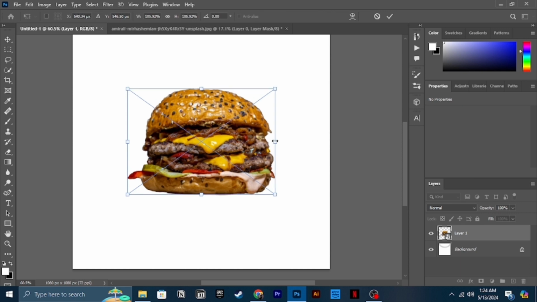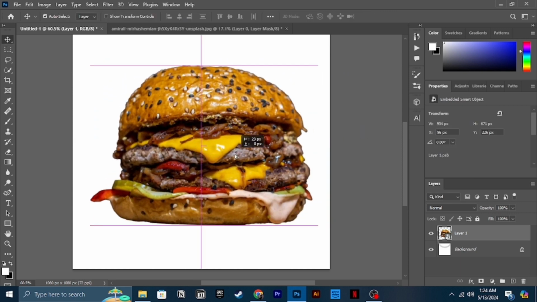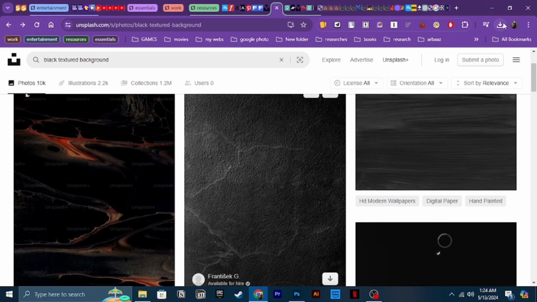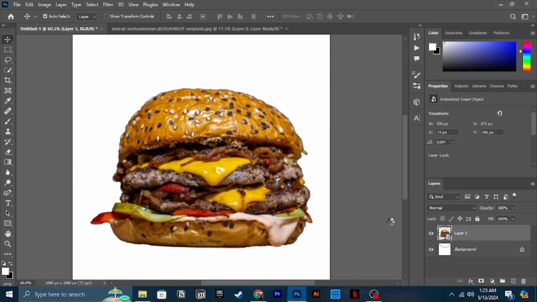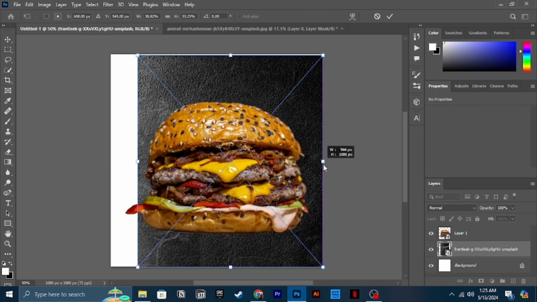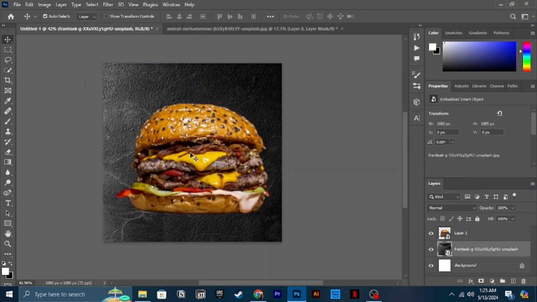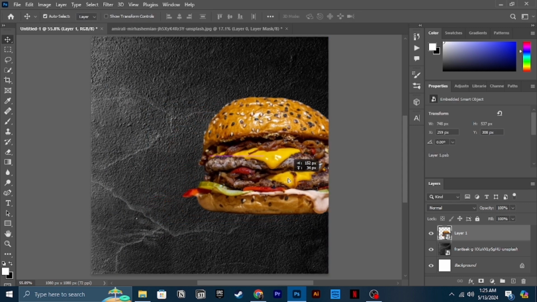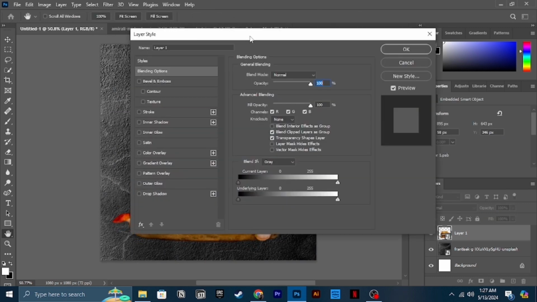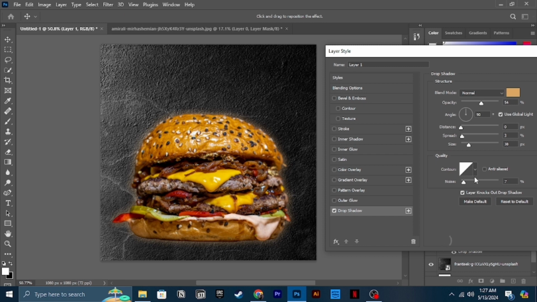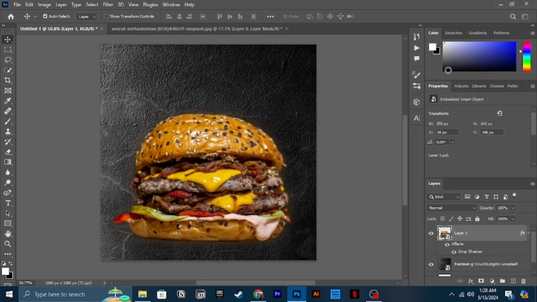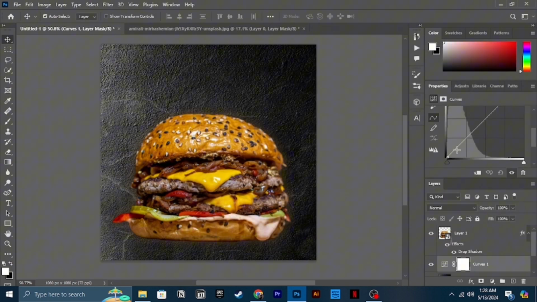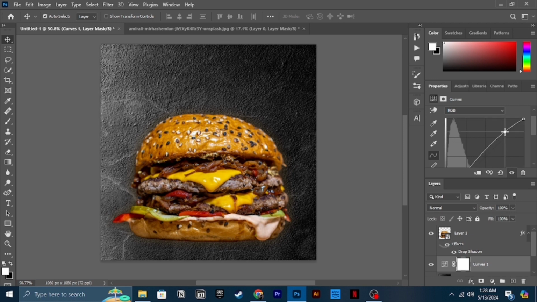And this design is actually inspired by a different design that I saw, and what that guy did was he put a textured background in the back. So I thought that was a good idea. But I wanted to make the design my own. So instead of putting the burger on the side like he did, I'm going to find a different composition for it.